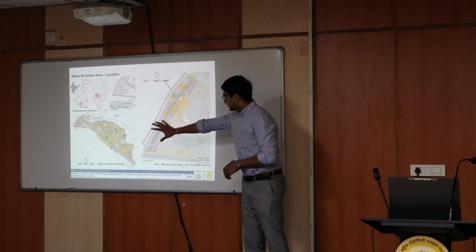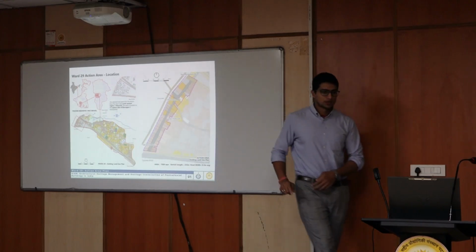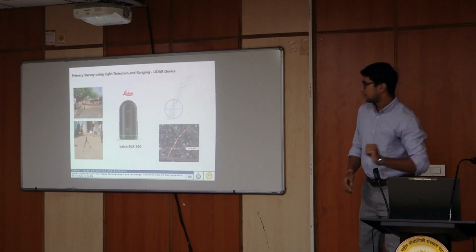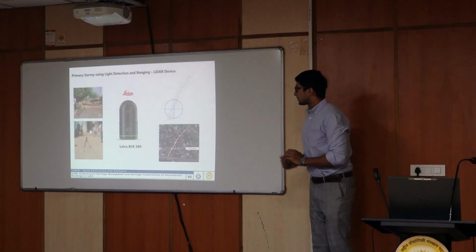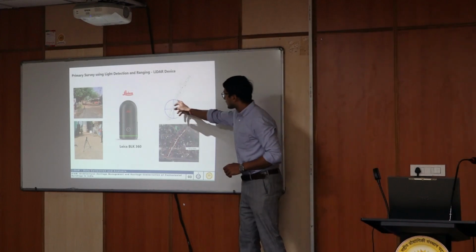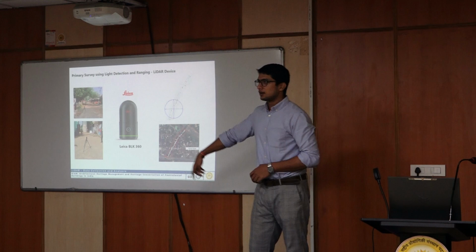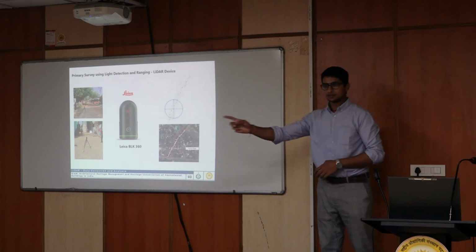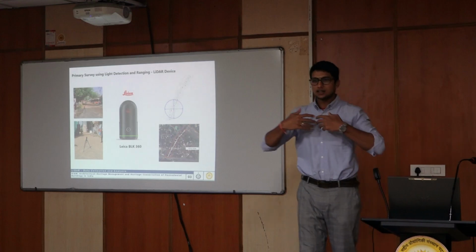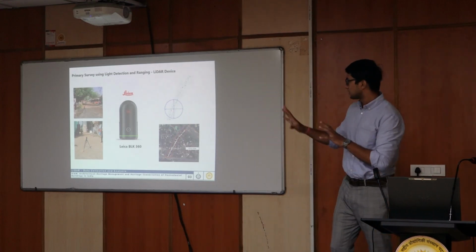So this was the stretch chosen, and there was this other group which chose this stretch, which was the slum development. So then we enter into the Lidar survey. This Lidar survey is like a BLK 360. It is supposed to have a radius of coverage of around 45 meters. So let's say the Lidar is placed here, it will cover around 45 meters of radius, as in it is basically spreading a sheet, and all that comes in that sheet will be covered and captured in terms of point cloud.